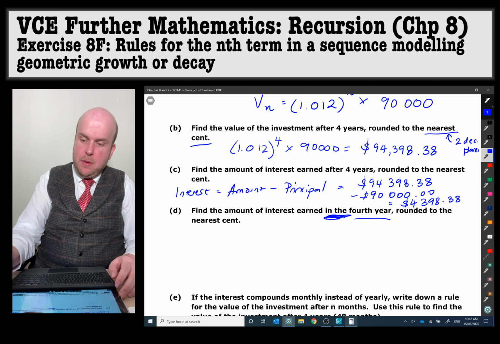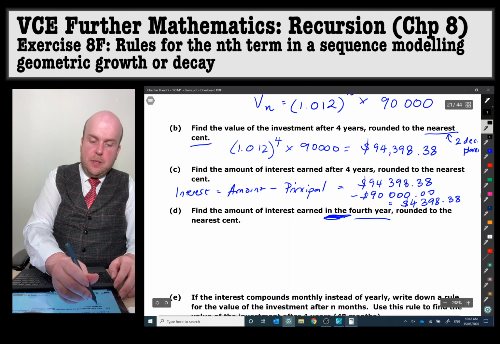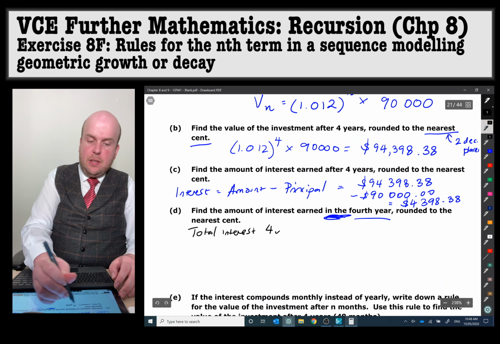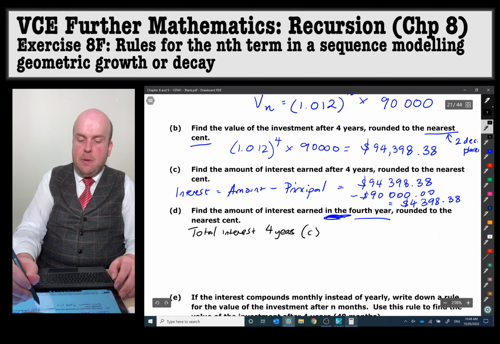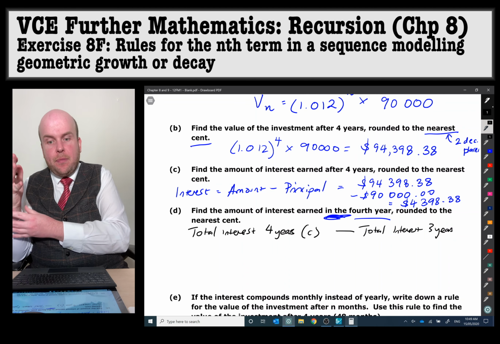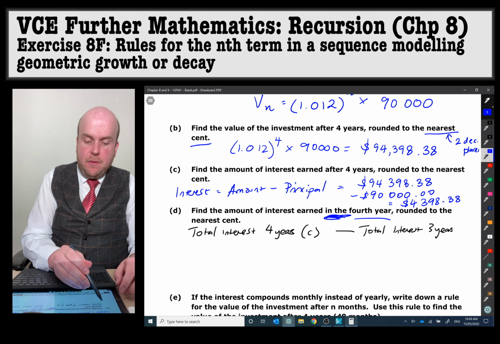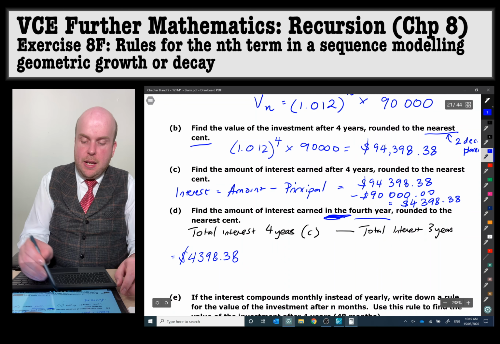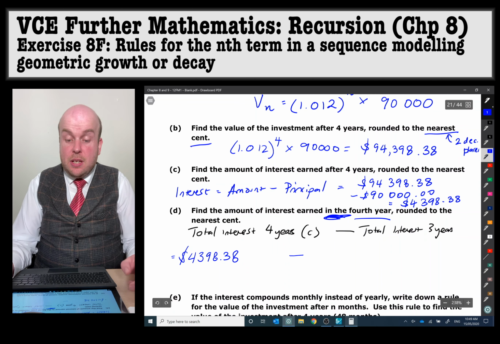Just to explain what we're doing, we're going to do the total interest after 4 years, so that's my answer to C, take away the total interest after 3 years. This will tell me how much interest there was in that year. We've already got the first part, so this is equal to 4,398.38 minus